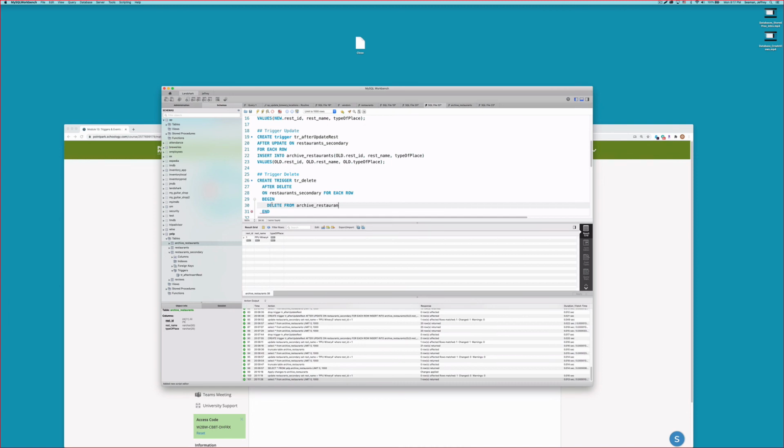What if we could do the same thing? We can't. Let me think about this. This one might be a little bit different. Actually, no. After delete on restaurant secondary, anytime a record is purged, we can't just put a delete statement. We want to make a change, an update. So, for example, we can say update our archive table. Update archive restaurants, and we could say